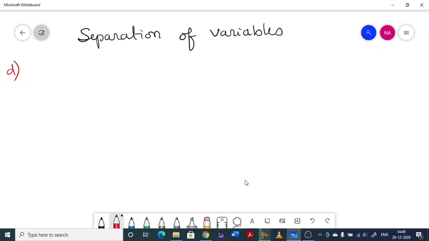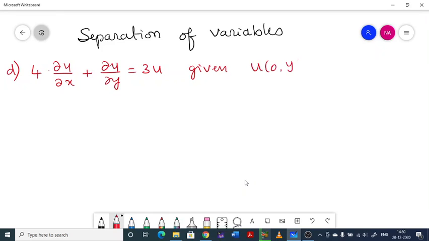So the first problem I am going to consider is: solve by the method of separation of variables 4 into dou u by dou x plus dou u by dou y equal to 3u, given that u of 0 comma y is equal to 2 into e power 5y. Solution: